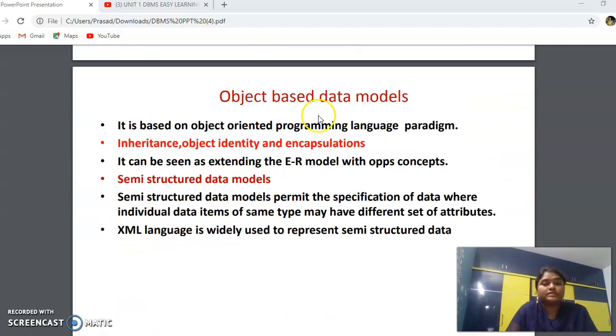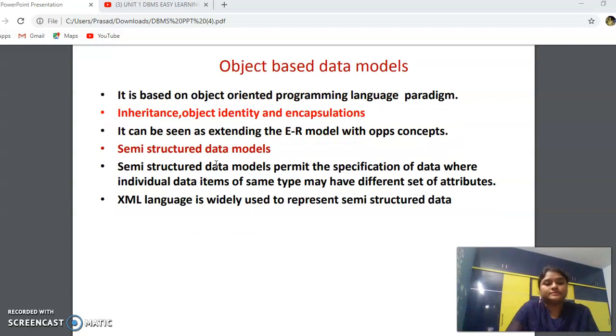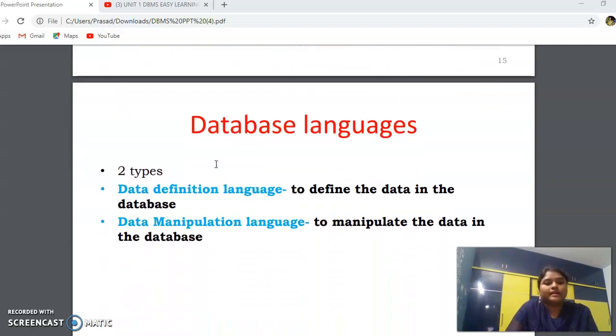This is the object-oriented database model, where objects are termed as a database, and in a database we have two main languages, that is DDL and DML. DDL stands for data definition language, and DML stands for data manipulation language. We will be learning this in the